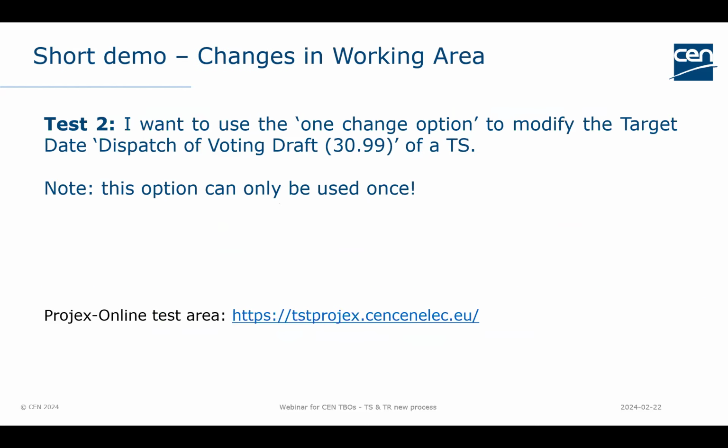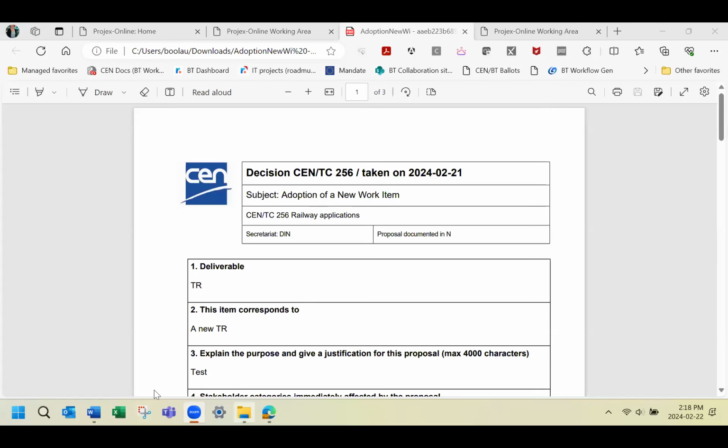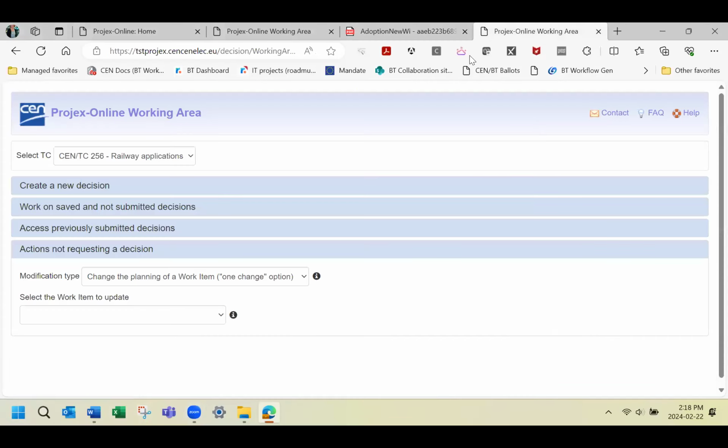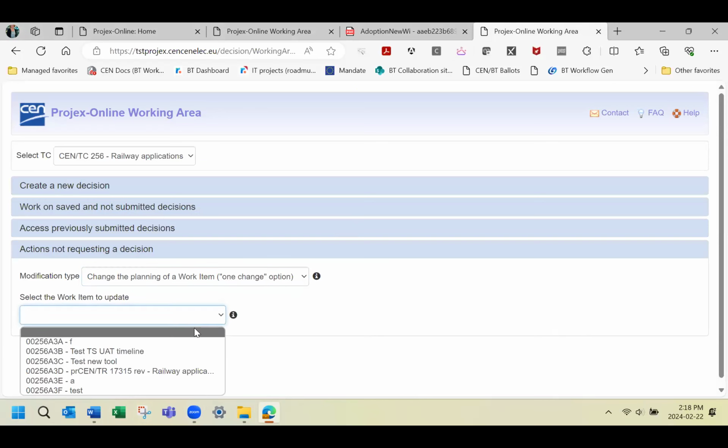Now we can go to the test number 2, where Laureen will show you how to activate the option, and I guess that it should be very easy to understand because basically it's the same concept of the one change option as for the ENs.